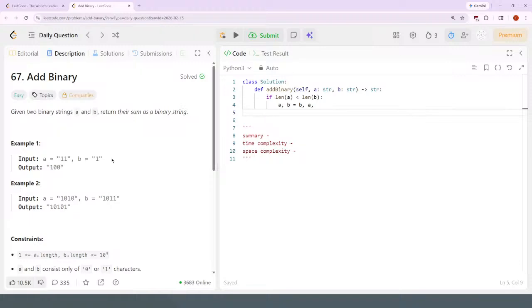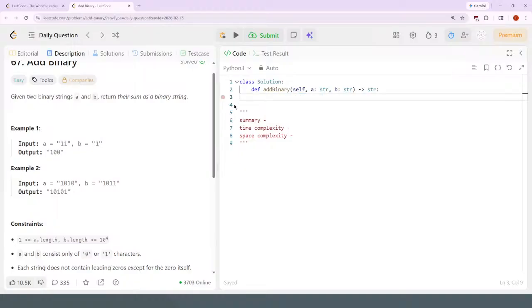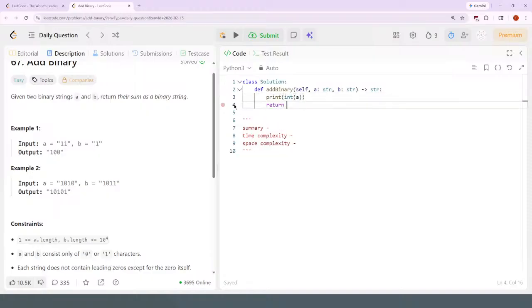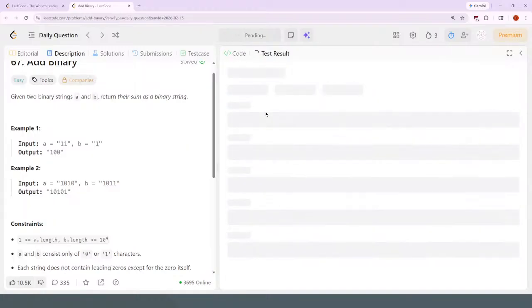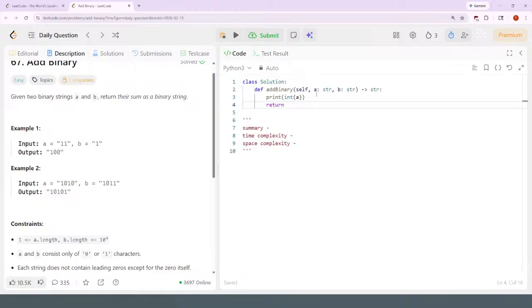To be honest, I wonder if you should just use the... I think Python has a conversion thing. Return their sum as this binary string. So I wonder if there's int of A. I think it converts a string into the bit. Okay, converts it to an integer,